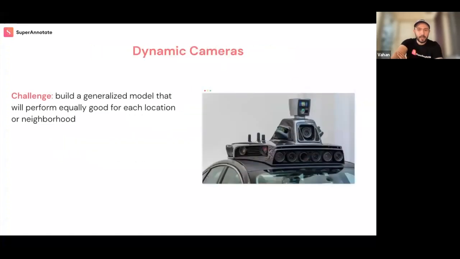The other aspect is what we can do with dynamic cameras. The challenge of building a generalized model that will work equally well in Nevada, Arizona, and, I don't know, Toronto is going to be super hard, because again, background conditions are very different. The traffic signs can be very different. I'm talking about autonomous driving because we see this a lot. And instead of using now